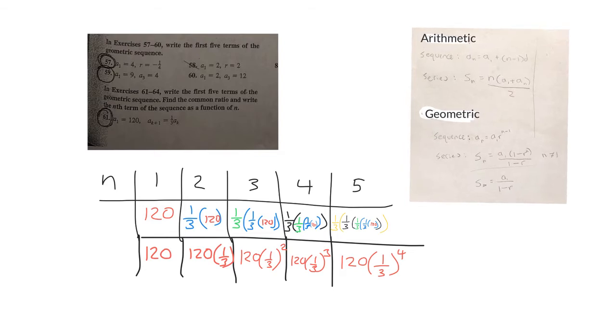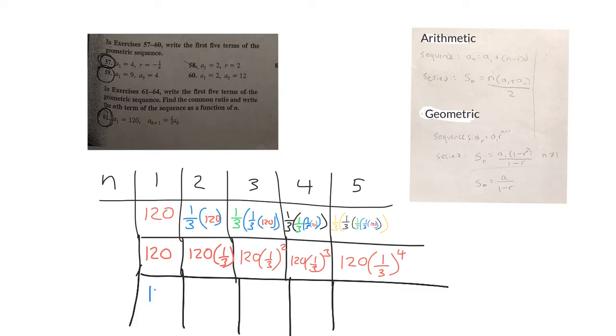So the first part of the directions is write the first 5 terms of the geometric sequence. So we're kind of in the middle of that. Let's just go ahead and do that. So extending these down, clearly this one would be 120. This is going to be 120 over 3, also known as 40. That's an easy calculation. This one is going to be 120 over 9, and that's going to be 40 over 3. In fact, whatever comes next is going to be what came before divided by 3. It's going to be 1/3 of what came before, so the next one's going to be